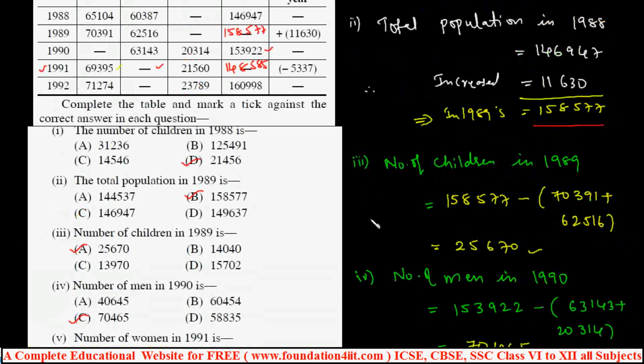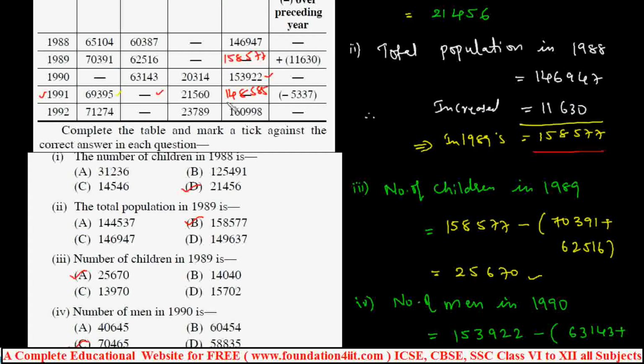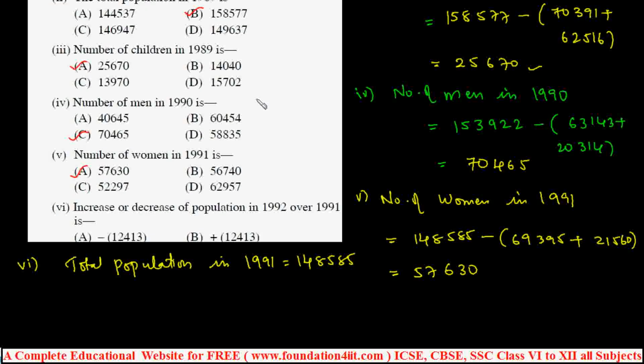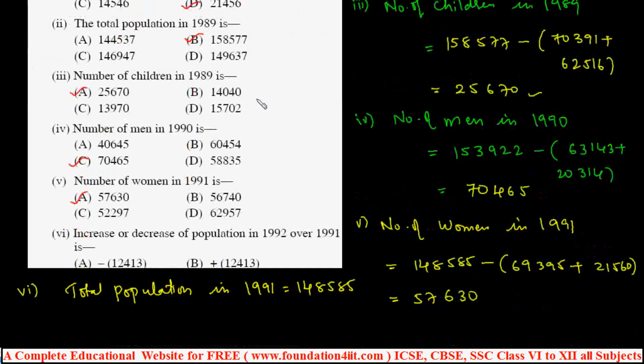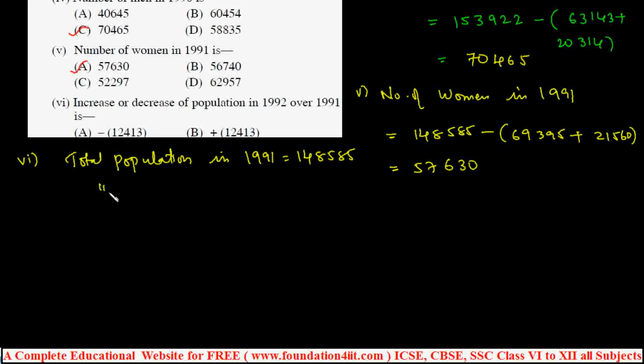Yeah, 1,48,585. And 92 is already given, 1,60,998. So total population in 1992 is